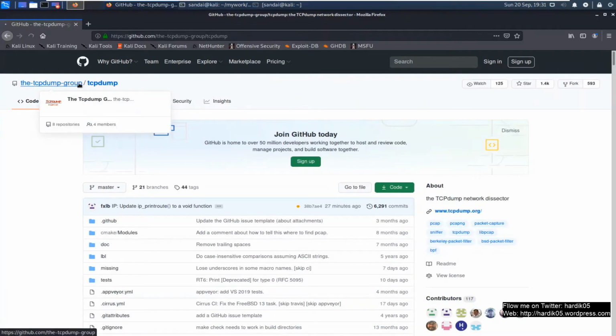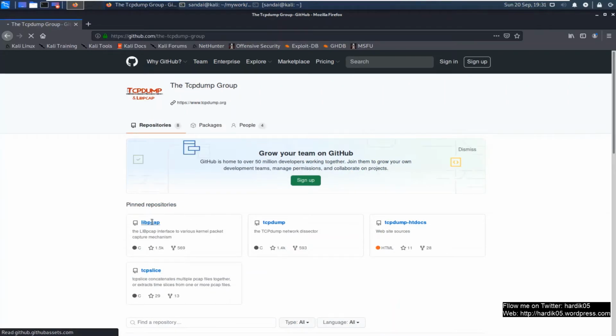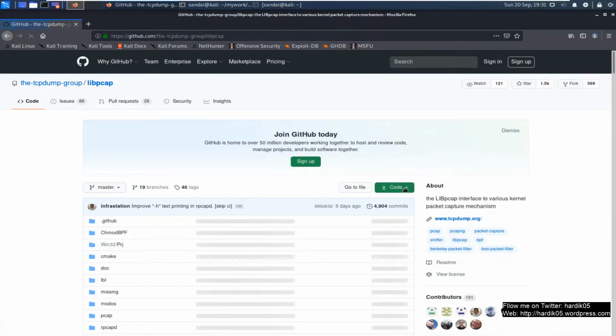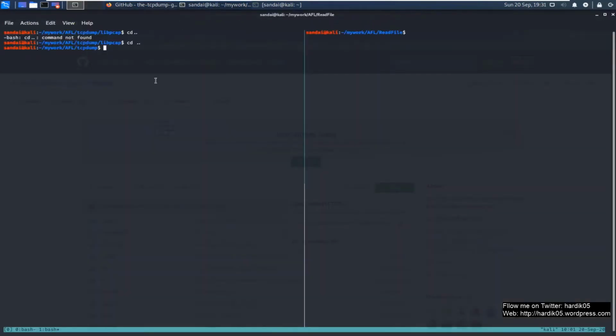In this case, you need to click on libpcap. It will take you to the GitHub repo of libpcap, and you can click on Code and copy the URL, and then simply run the command git clone and the URL for libpcap.